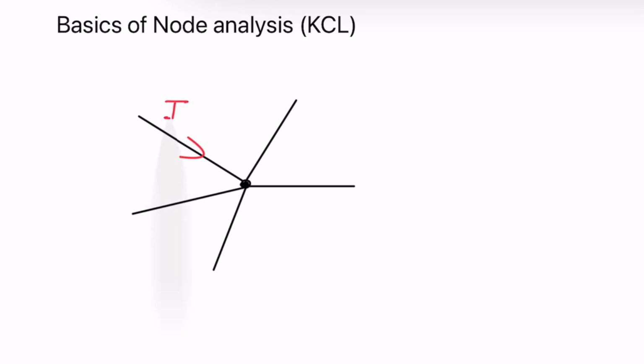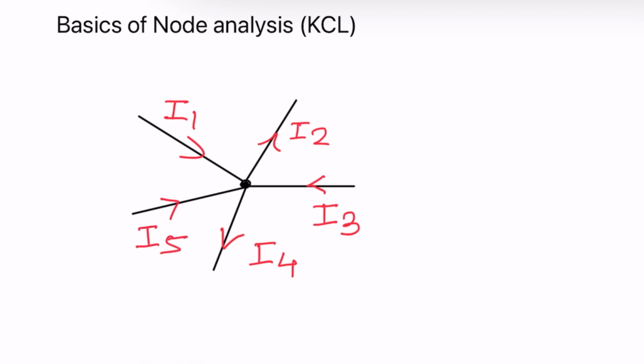Current I1 is incoming current, I2 is outgoing current, I3 incoming current, I4 outgoing current, I5 incoming current. So the Kirchhoff current law states that